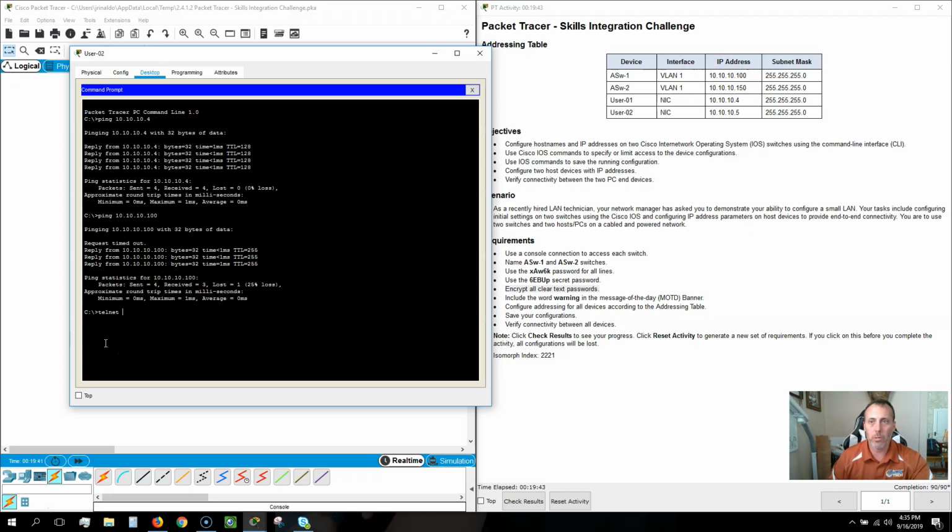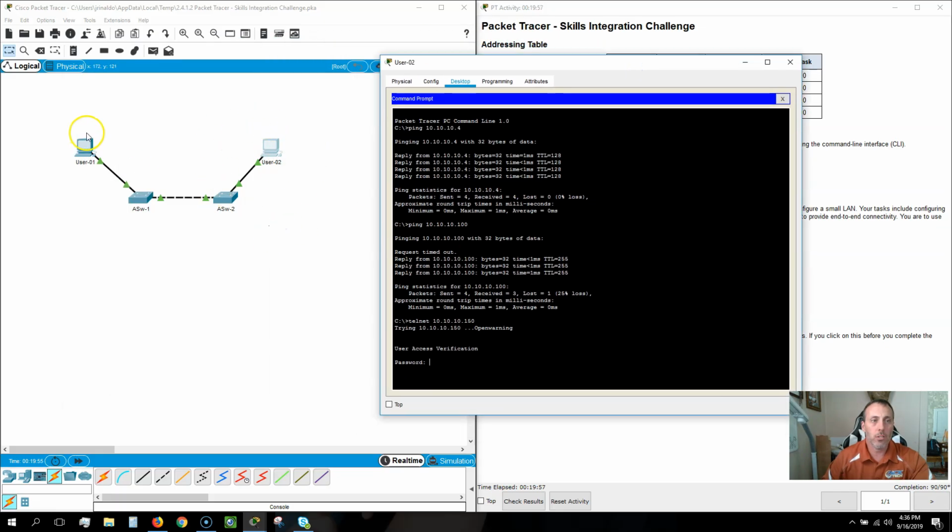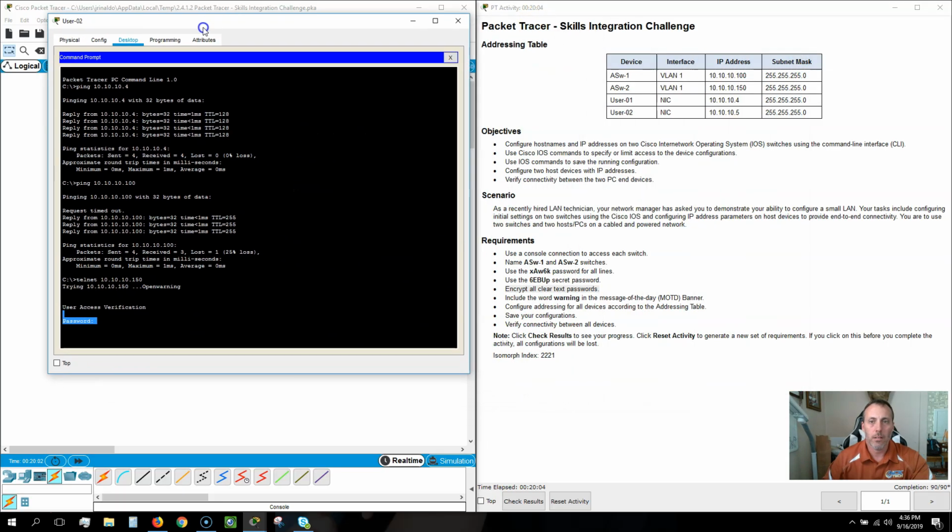So we already know that I can communicate with 100. So I'm going to type in 10.10.10.150. Hit enter, and now boom, we are in remotely, because if you look at our diagram, you see no console cables. I'm on this computer, and I am remotely talking to this switch. Let's go ahead and type in our passwords just so I can show you. Let's see, XAW6K. Remember, this is not going to show you the password, but you can see I'm in